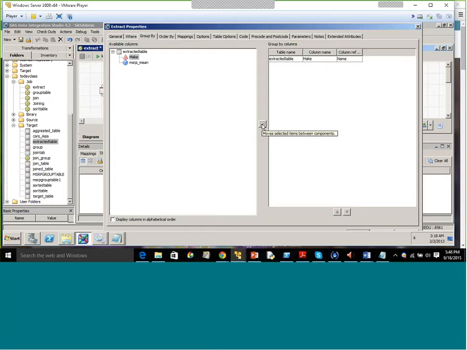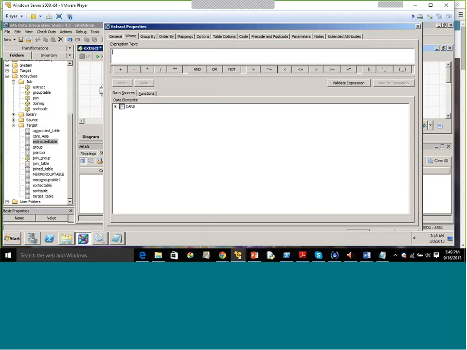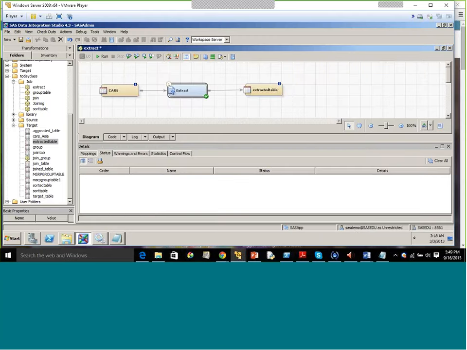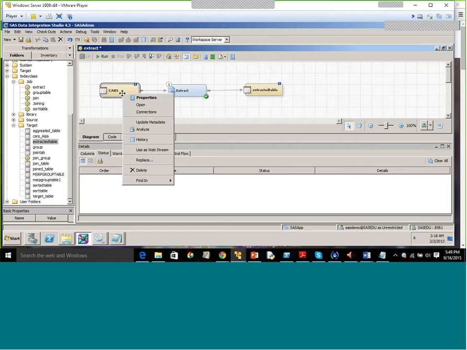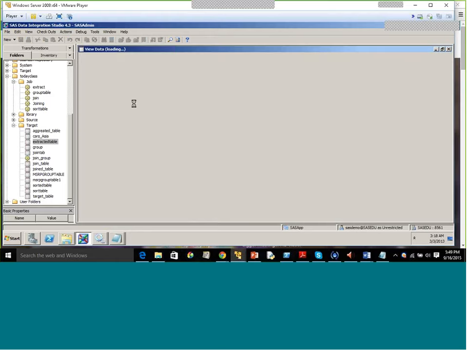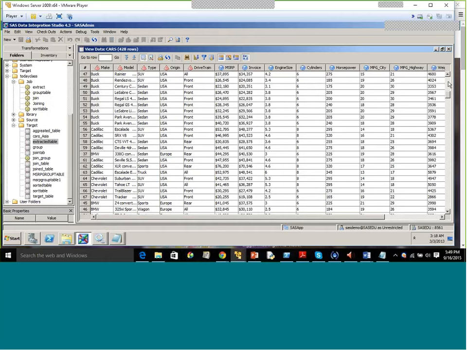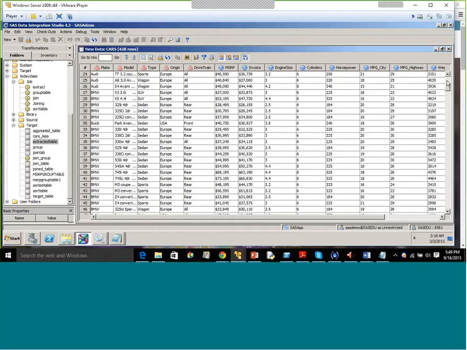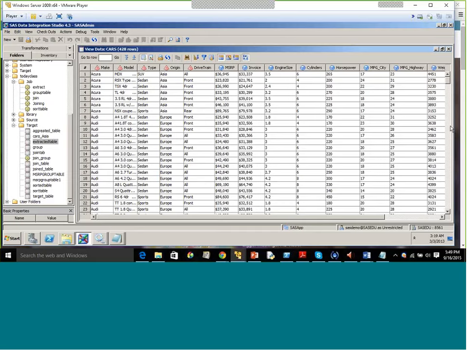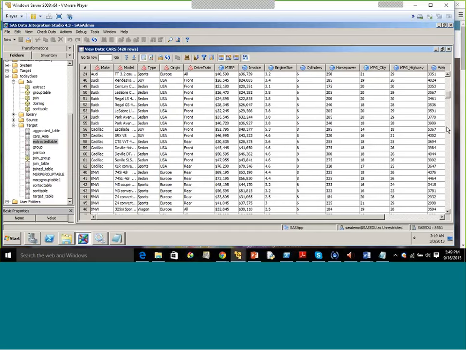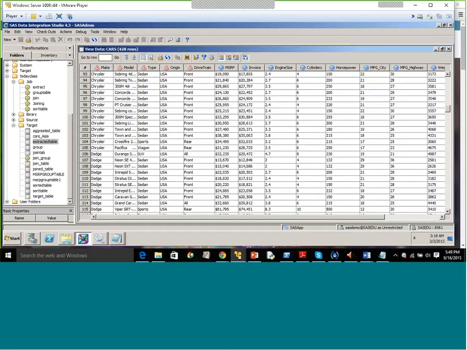Okay, so do you want a where clause in this or you don't want a where clause? Okay, let's press OK. Yes, sir, you can add a where clause. Yeah, let's try to add a where clause. Okay, I'm trying to open this data set. I want only cars which start with makes which are with, one second, this C. Okay,